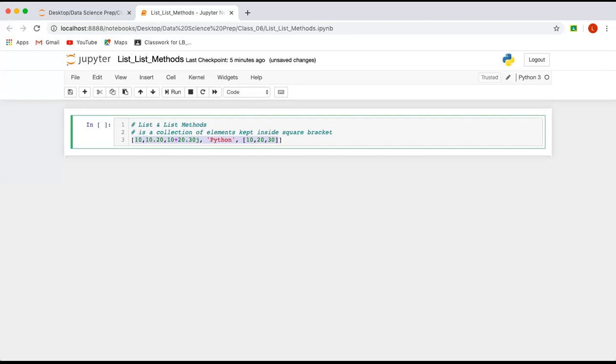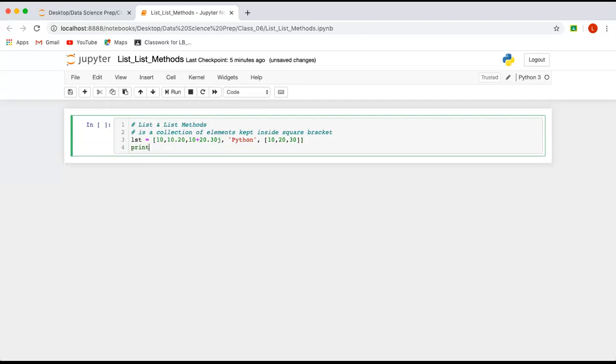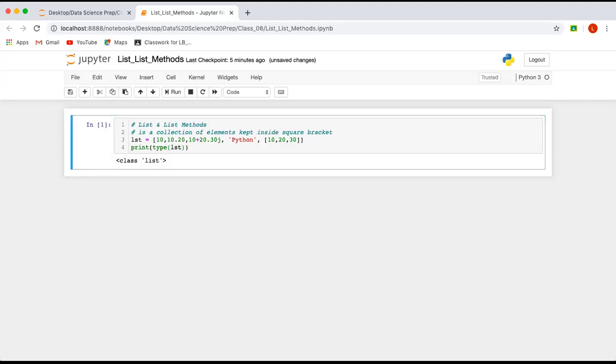So this whole thing is inside the list as it is in the square bracket. So you can give a name to this. List is equal to this. Okay, so this represents a list. If you want to check the type of this data, you can check using the type function. It will return you the list type. Okay, now this is how you can define a list. Whatever elements you have, you can separate them by comma and then keep them inside the square bracket.